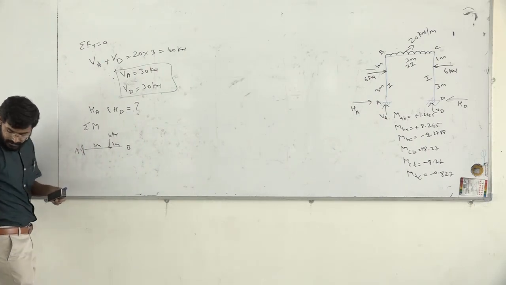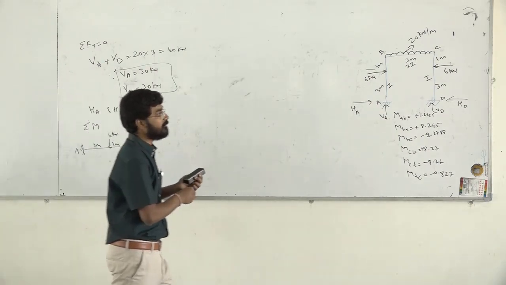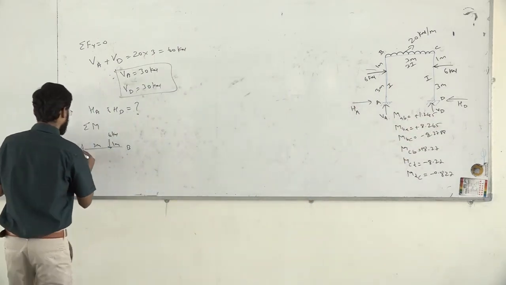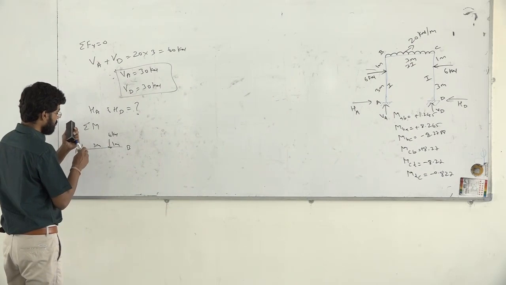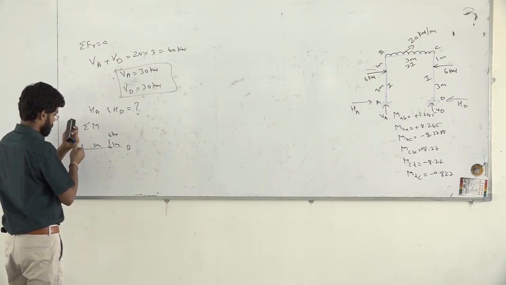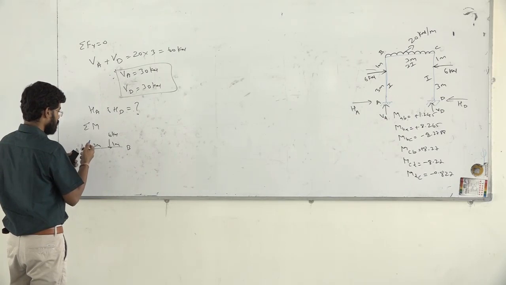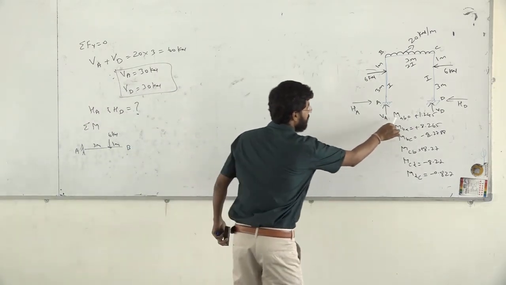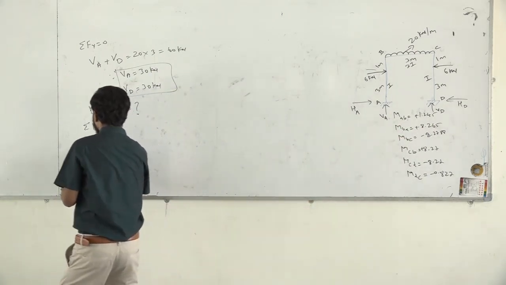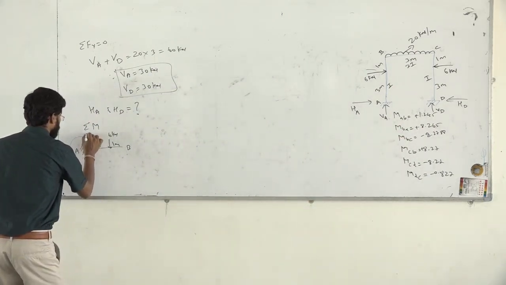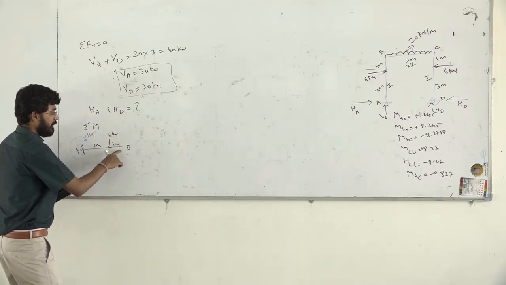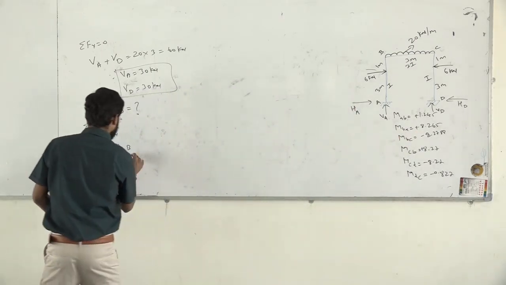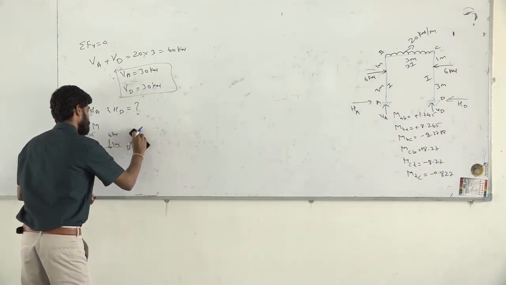Fine. Now here we have even calculated the moment. The moment MAB is plus 1.25, which is acting in a clockwise direction. So we have to draw the diagram in a clockwise direction. Whatever MA we have got as plus 1.225, I draw in a clockwise direction. So this is 1.125. Now at point B also we have our MBA as plus 8.27, and this will be like this.